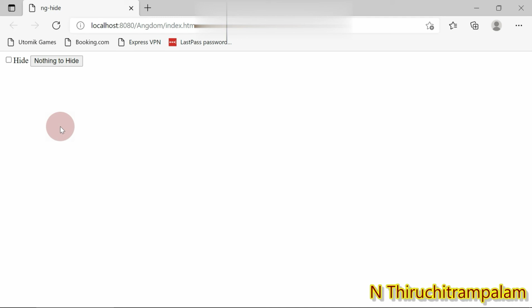Here what we have done is we have added ng-hide as an attribute to the HTML input element, that is, to the button, and passed it a model. Then we bind this model to the HTML checkbox element, and then we have seen the variation.